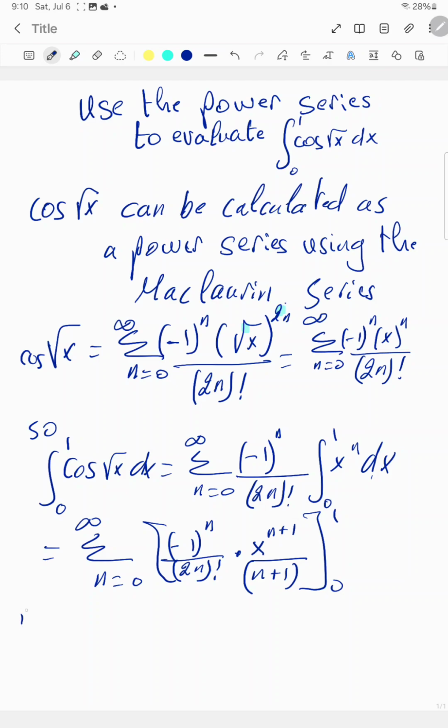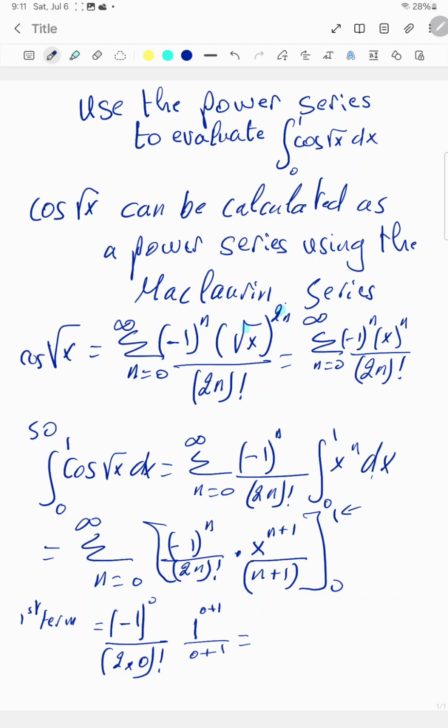So let's do the first term. I will replace n by 0 here. It becomes minus 1 to the power of 0 and then divided by 2 times 0 factorial. This is times, and here I will replace x by 1, the one that's coming from here. So 1 to the power 0 plus 1 divided by 0 plus 1. So the first term becomes